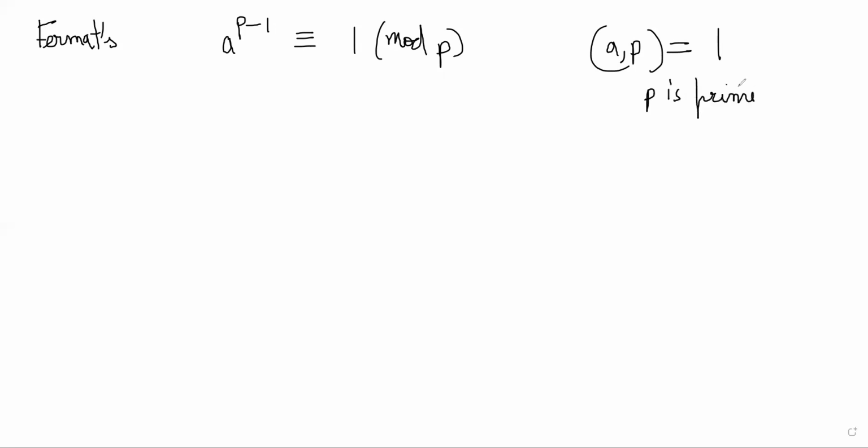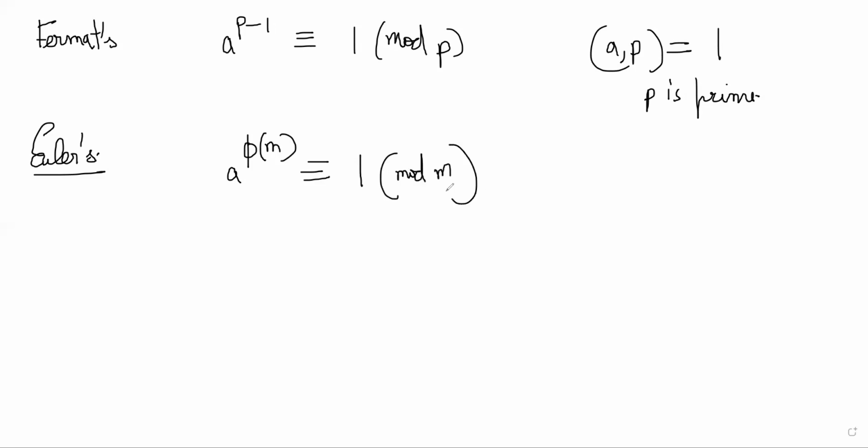Now Euler's theorem is telling us, if p is not a prime, do you have some a power something which is also 1 mod m? Here also GCD of A and M is 1. Is there